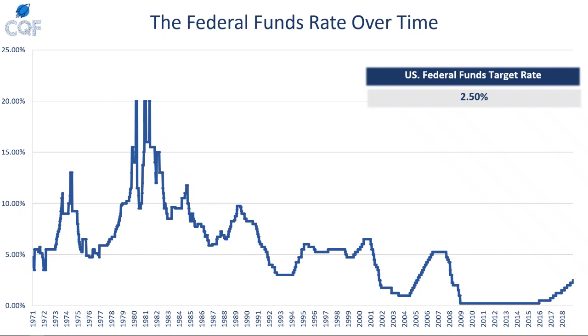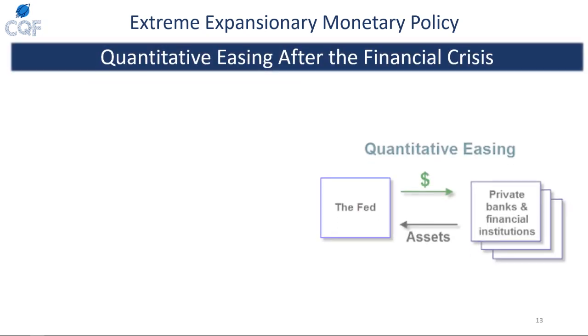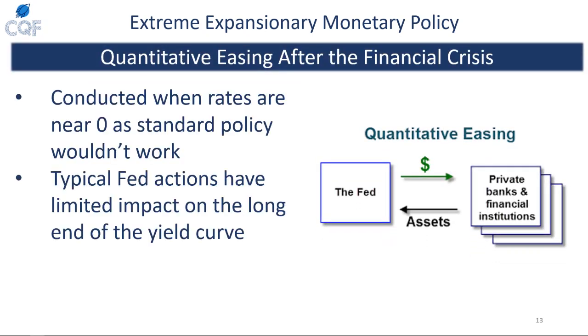In 08, 09, you can see a sharp decline in the Fed funds rate from about 5% down to pretty close to 0. And this is the Fed's response to the financial crisis. Then you saw a near 0 Fed funds rate from 2009 through 2016 on this chart. That was a period of quantitative easing. And ever since then, the Fed has been slowly increasing the Fed funds rate. And now it has a target of 2.5%.